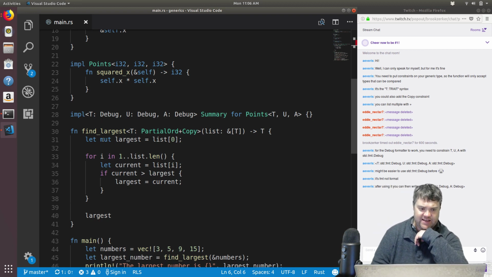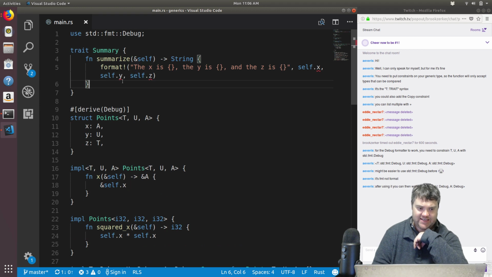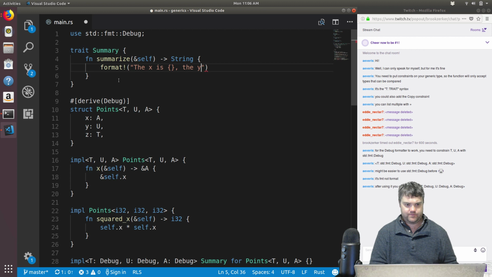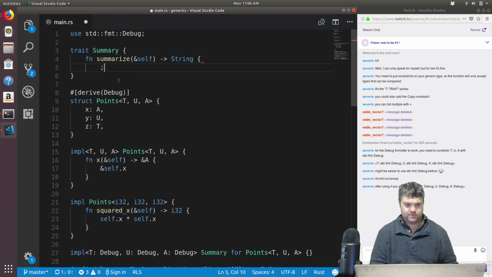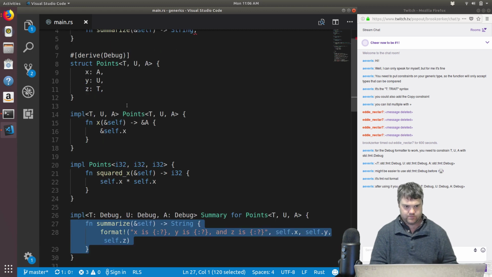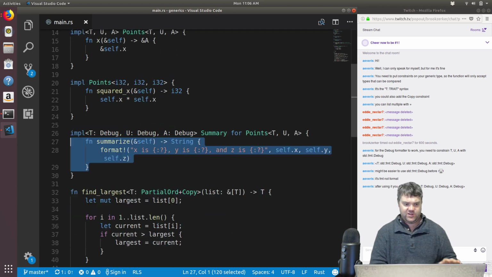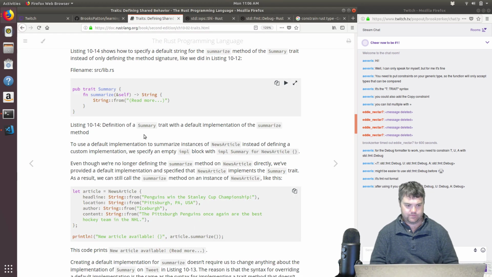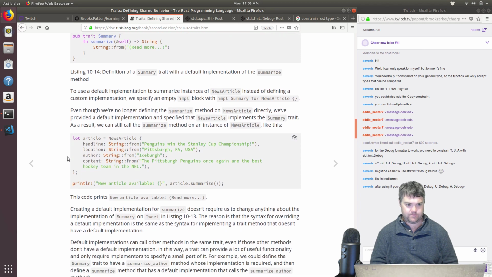So I'm thinking that using generics for this is not really the best idea. So I'm going to put it back. This should all work again. If we had something that wasn't generic, then we could definitely do that. Okay, so